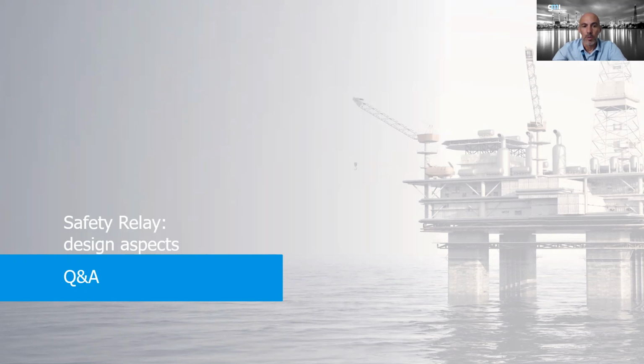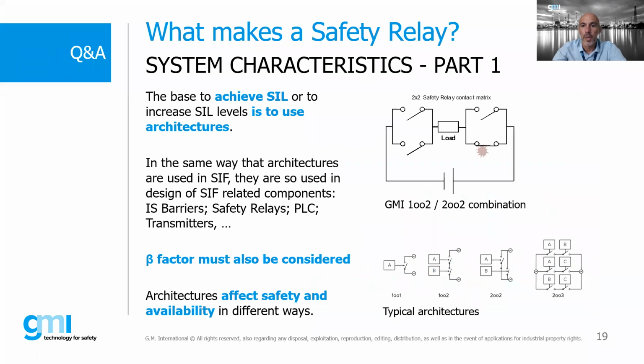The other point was design aspects. Of course, this is an industrial secret for GMI, and there are a lot of patents in our relays, but we can give you some details. We have seen that we use 4 relays inside most of our relays to define the safety function. But this kind of architecture can also be used for the components, which can be redundant inside as well.